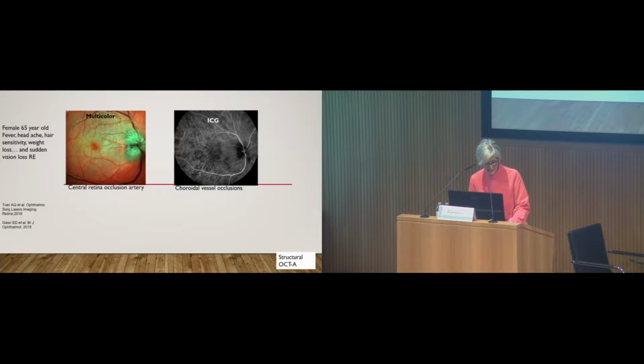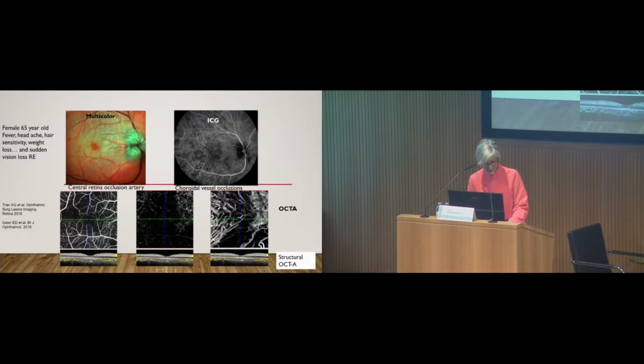In this case, the retina is very ischemic, but there is also occlusion of choroidal arteries on ICG. This is frequently seen in orphan disease. OCTA is able to detect retinal and choroidal occlusion, and the diagnosis of giant cell arteritis was confirmed by temporal